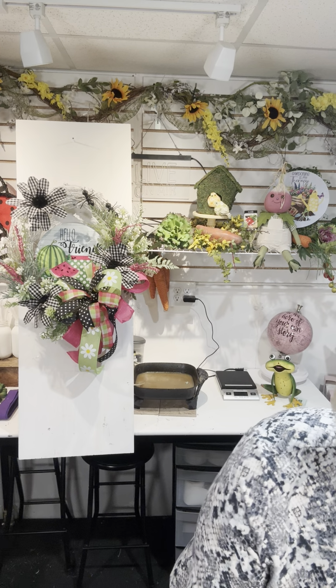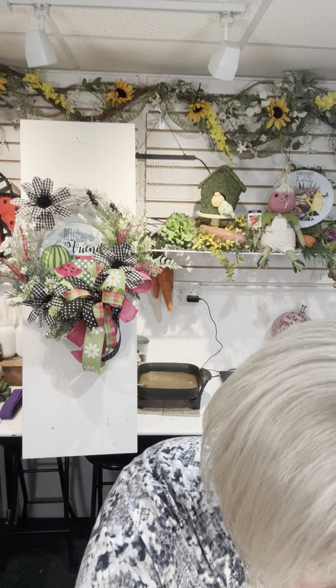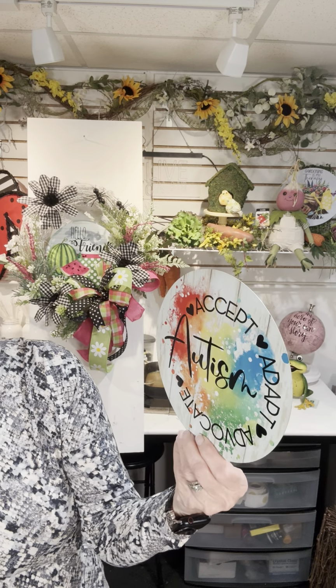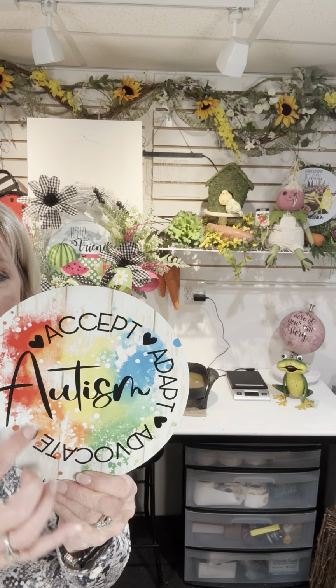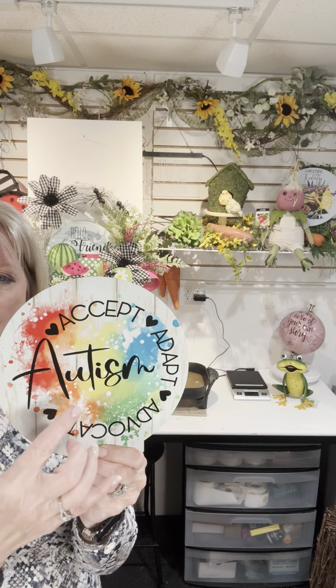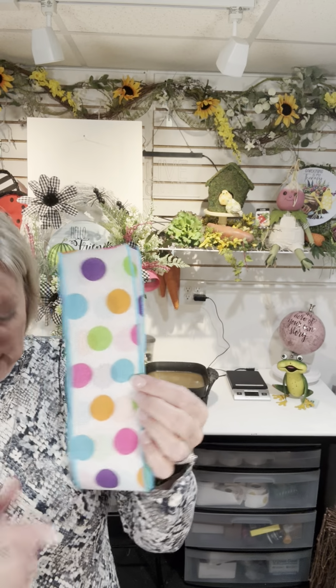And then the second one I did is an autism sign also, but I kind of went with a little bit different colors on this one. So here's the sign. So it's accept, adapt, and advocate for autism. Kind of the same colors, but they're a little bit softer. You'll notice it's got some orange with the softer red. It's got some yellows with the greens. So I went with a really fun polka dot. So it's got the colors in the sign